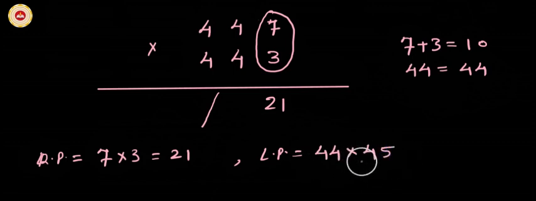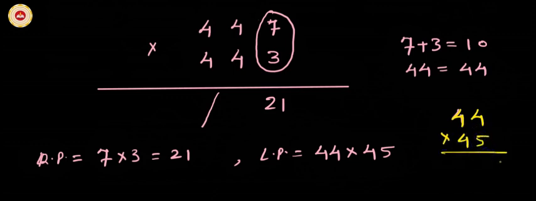Now there are two digits in the numbers to be multiplied. So let us use the Urdhva Tiryak multiplication method. 44 multiplied by 45. 5 fours are 20, write 0, carry 2. 5 fours are 20 plus 4 fours are 16. 20 plus 16, 36 plus 2, 38. Write 8, carry 3. Now last column, 4 fours are 16 plus 3, 19. 1980. Write left part 1980.